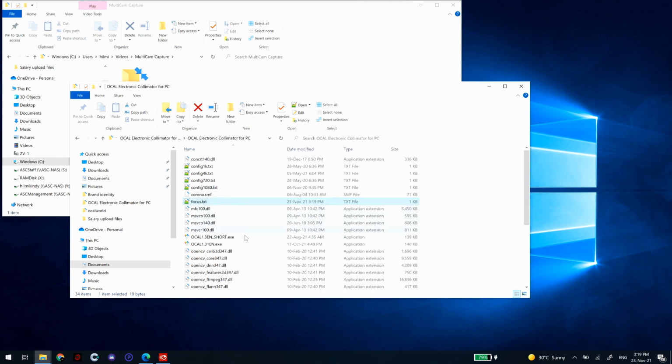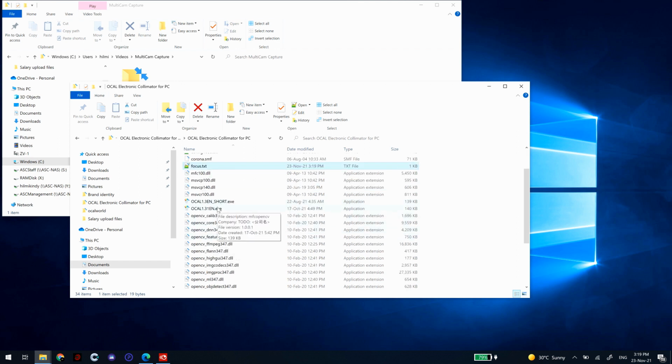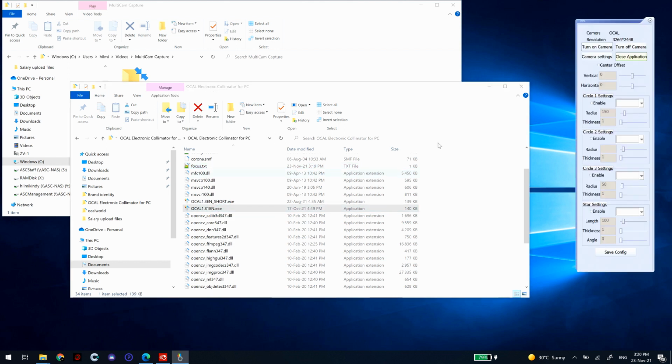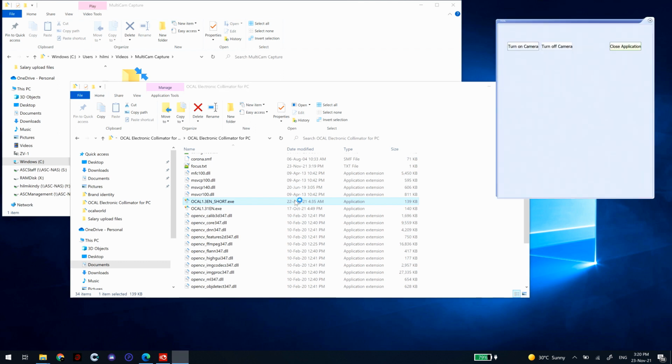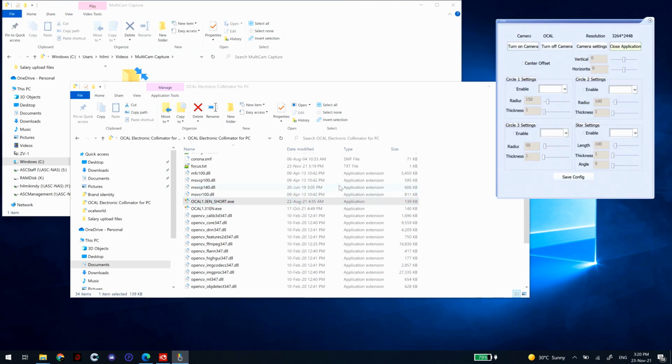So then what you would do next is you would open the collimation software. You have two versions. You have the short and the standard. I'll just show you the difference. It's pretty straightforward. So the standard is oriented vertically, and the short version is set up in a box format. That's the only difference between the two. So we turn on the camera,